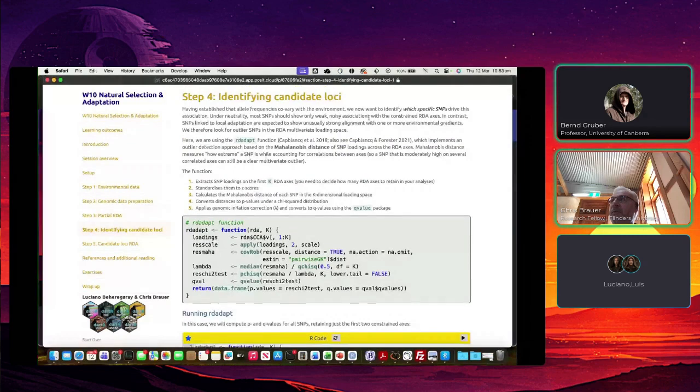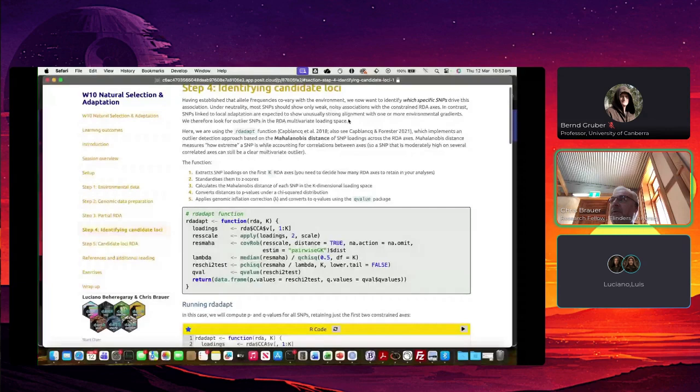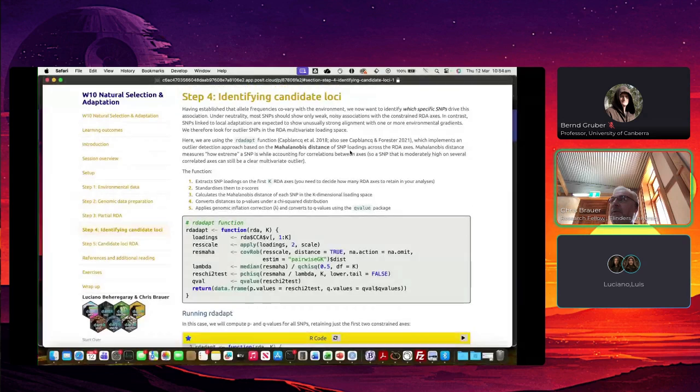Okay, so we've run our model, and now it's about interpreting it and coming back to what this is telling us about the biology. So one thing we might be interested in is which parts of the genome, which SNPs, are the ones that our models show are important and are related to our environmental variables. And I don't have time to go through this as much as I was going to, but there's a really nice function called rAdapt that